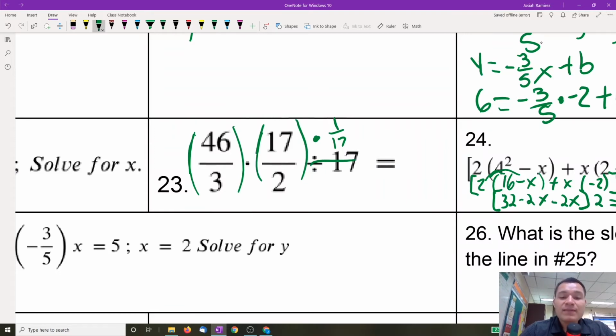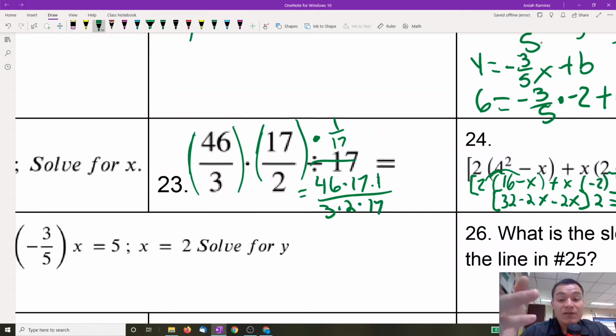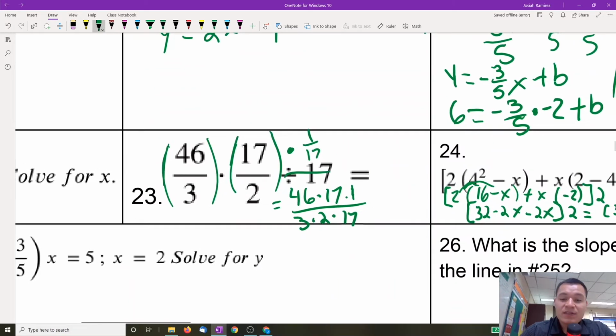When we do that, I'm just going to write the big fraction. This is all going to be equal to 46 times 17 times 1 over 3 times 2 times 17. The denominators of all the fractions will multiply together, and the numerators will also multiply together. But instead of actually multiplying it, we can look and see we have a 17 on top, 17 on the